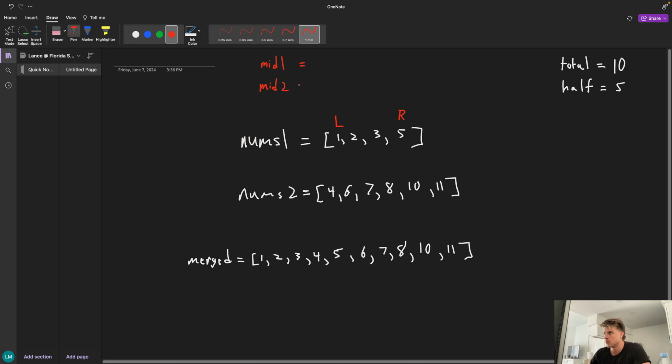So each iteration of our binary search. The way we're going to calculate the midpoint for the array we're binary searching on, for the first array, is actually going to be a little bit different than what you would typically do for a binary search problem. So instead of just taking the average of these indices, we're going to be taking the floor of the average of those indices. And the reason why is because it turns out we can actually go out of bounds with